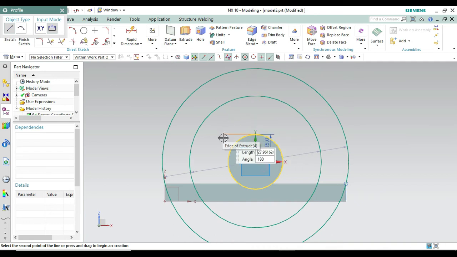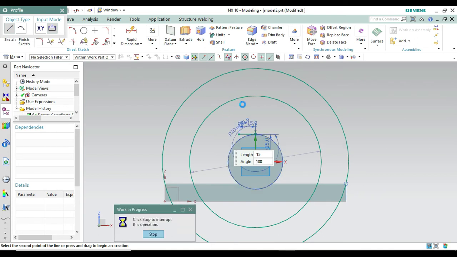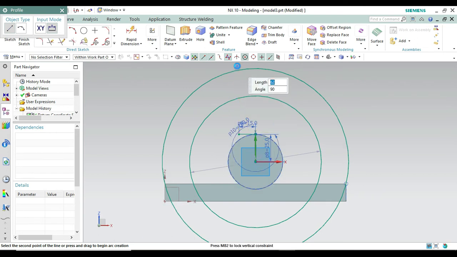Now go right with a length of 15 and an angle of 180. Now join these two points. Now again go in this direction with a length of 30 and an angle of 0, and again come down from this point. Click on this and make a line of length 15 and an angle of 0, and join these two points.